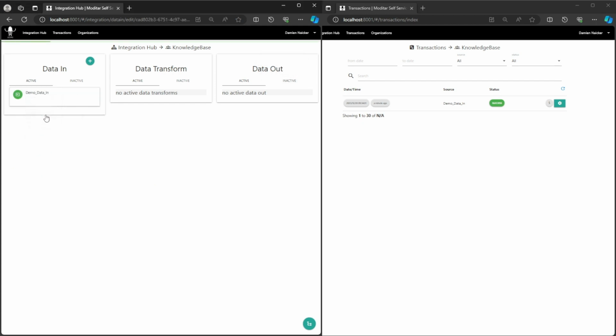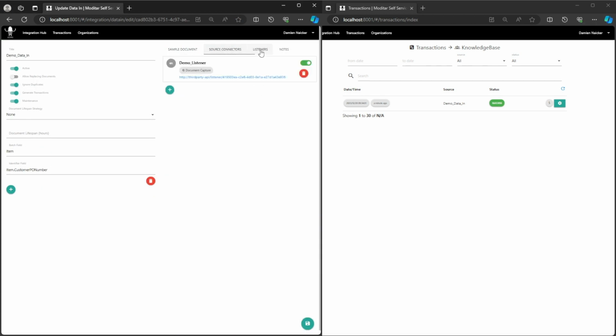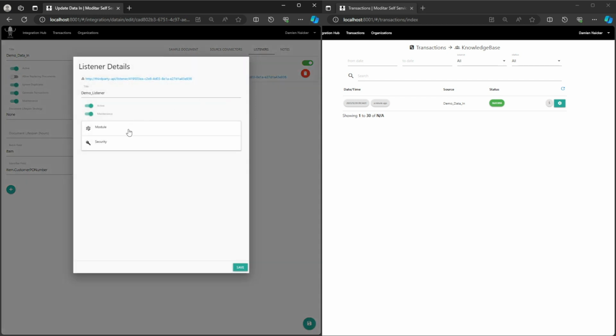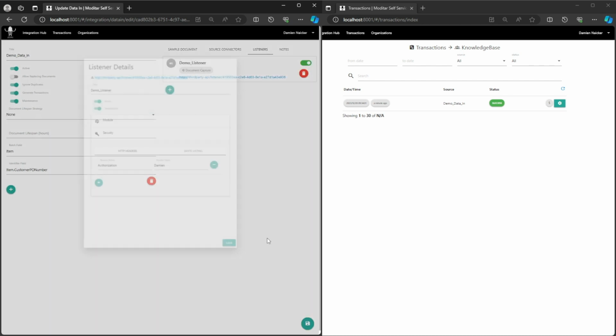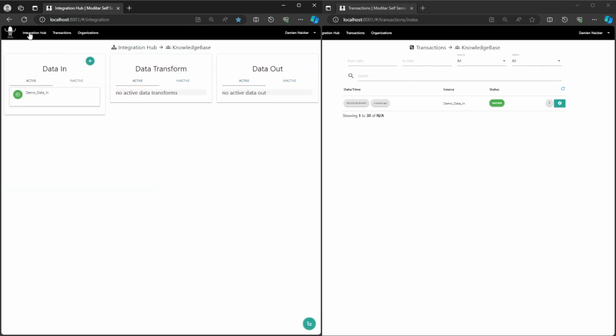Let's just go back to our data in to make sure that the settings have been saved. Module, document capture, that is correct. Security, HTTP headers, authorization, and Damien. Let's just copy this, and then we can just go to our